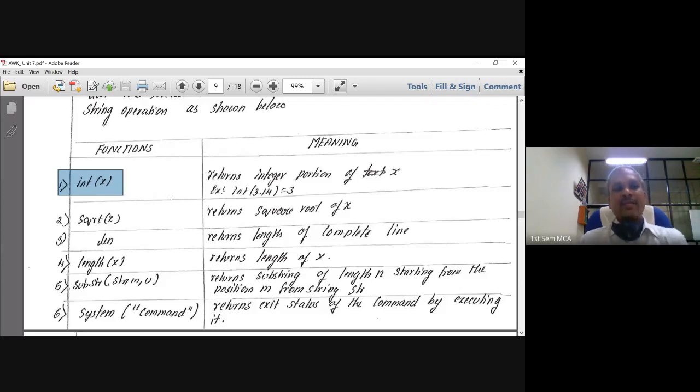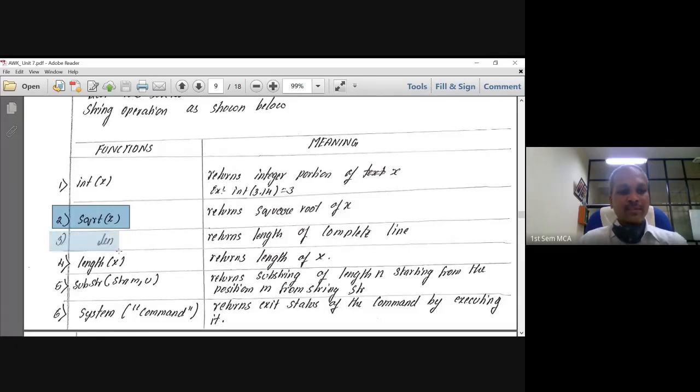As the name says, it is going to help us get only the integer portion of a given float or double number that we send as an argument. And second, we have a function by name sqrt. As it shows, it is going to provide us the square root of a number which is being passed as an argument. If I pass 25, hopefully we should be getting 5 as a result, because the square root of 25 being 5. So that's what we are going to get here.